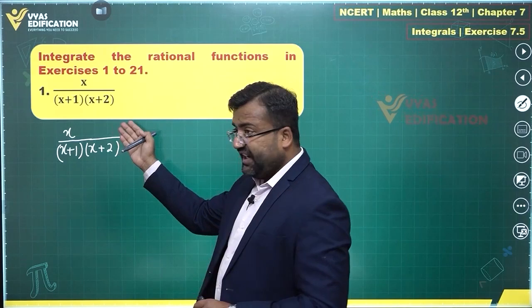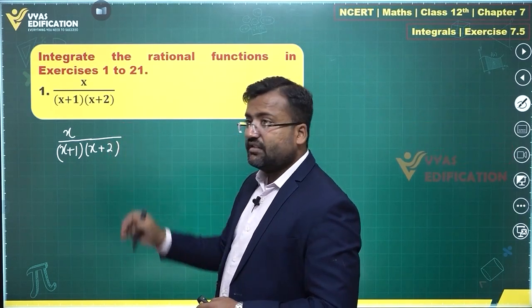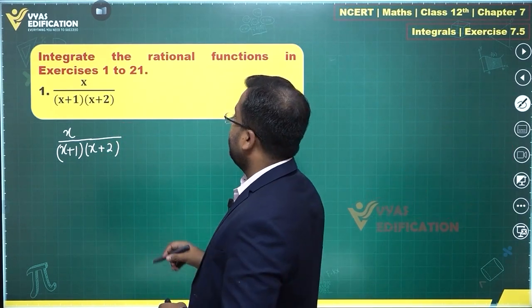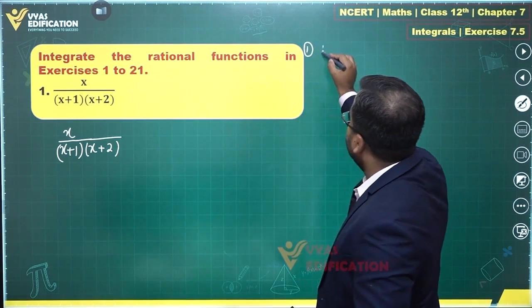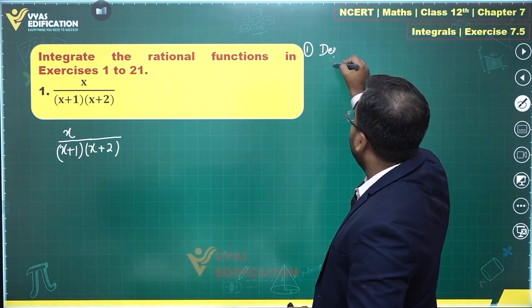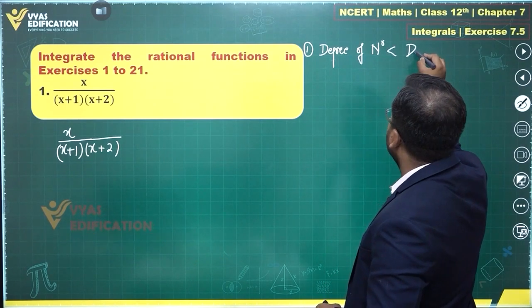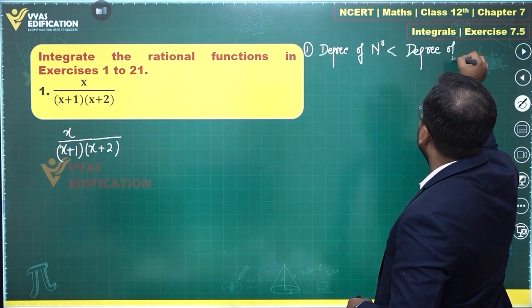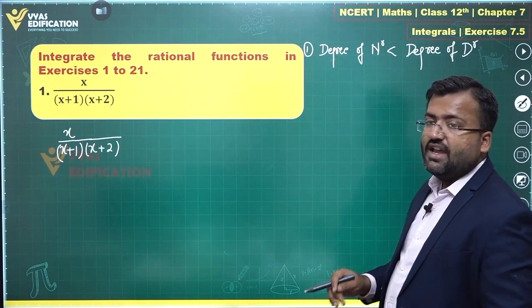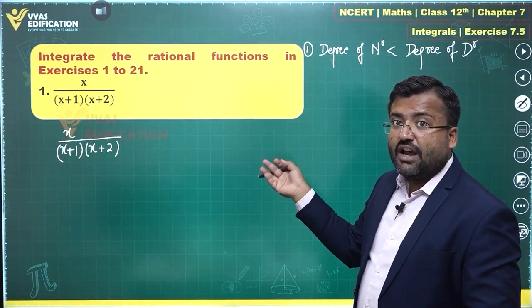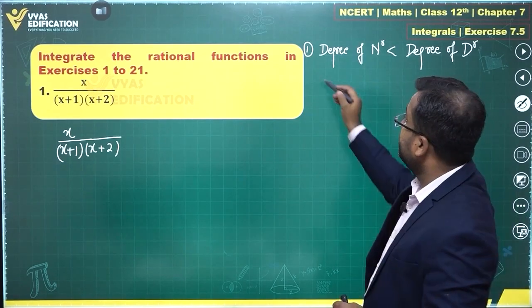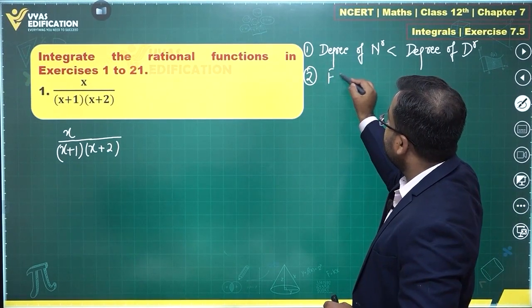So first step, is the degree less? Yes. Second, is the denominator factorized? Yes. Okay. So first, the degree of numerator is less than the degree of denominator. This is important. If that is not the case, then you'll have to use long division and divide first. Second, factorization